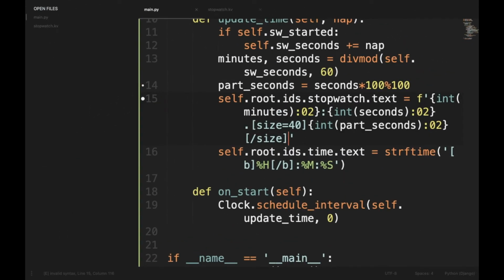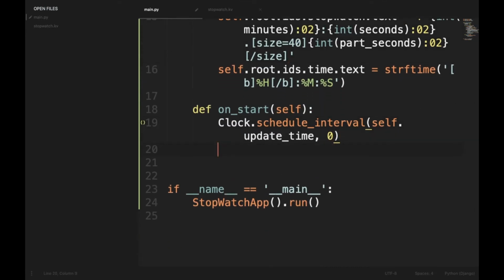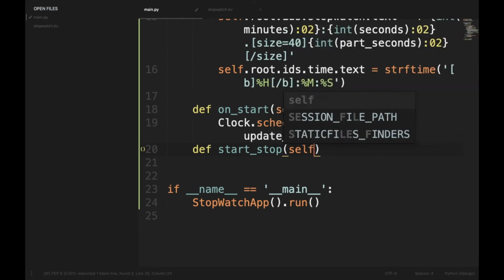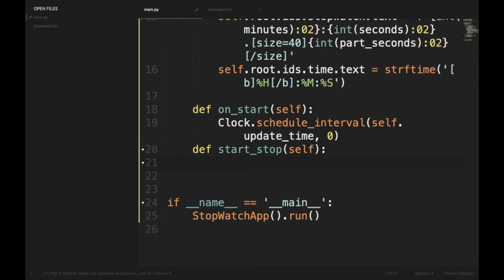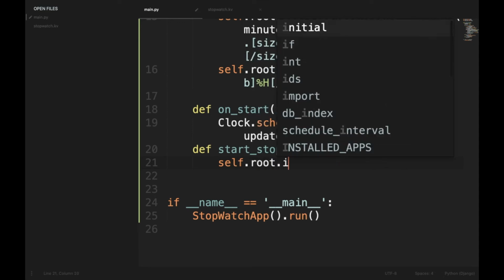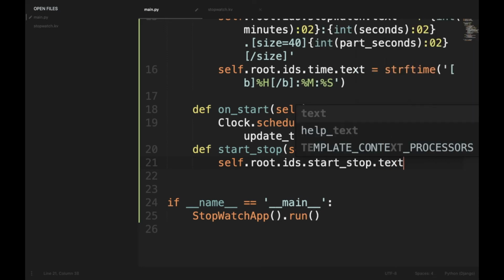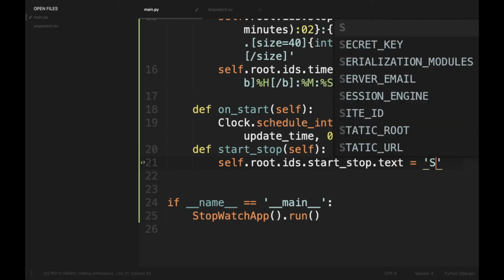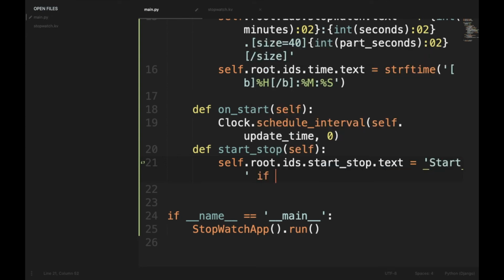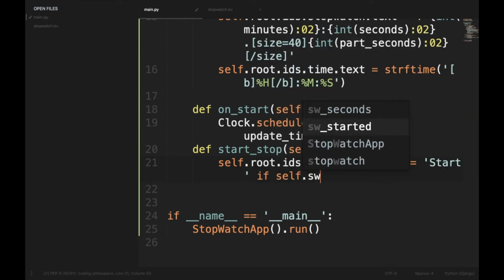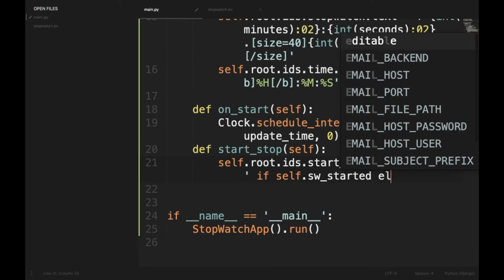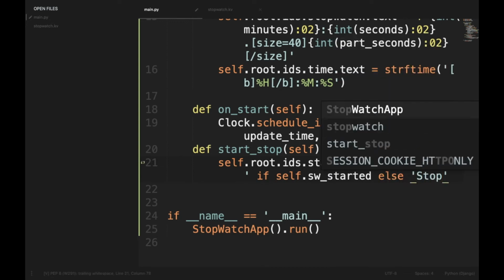Moving on, now we need to add functionality to our buttons, and for that we will create two functions. The first one would be start_stop, taking self, and inside this we will do self.root.ids.start_stop.text, which will be start if self.sw_started, else stop.